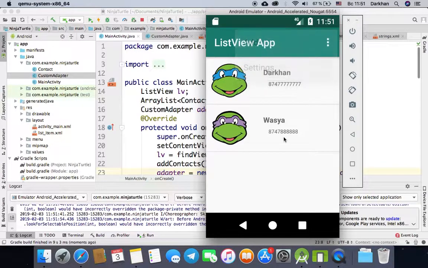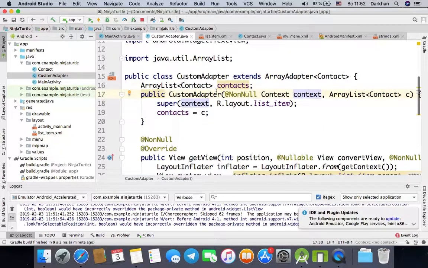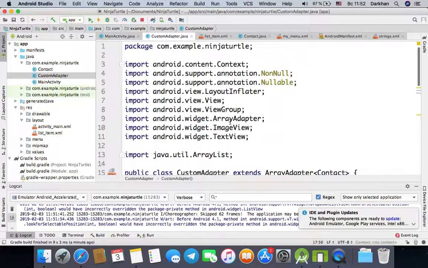This is how you work with the list view. This is how you create the custom list view. It's not easy, but I think it's totally understandable how to create the custom adapter. So I hope you got the idea,